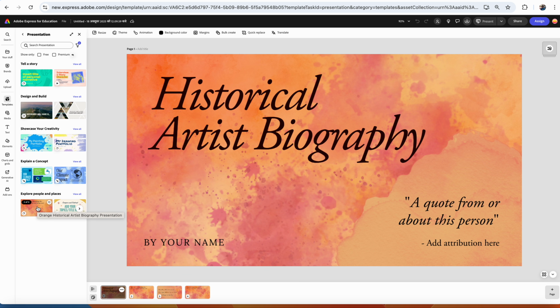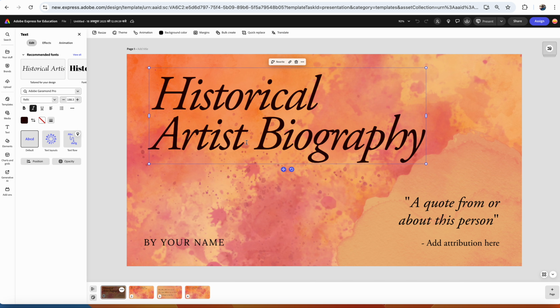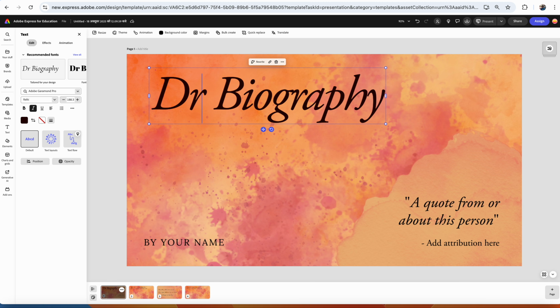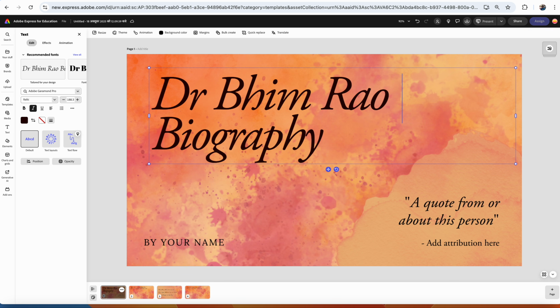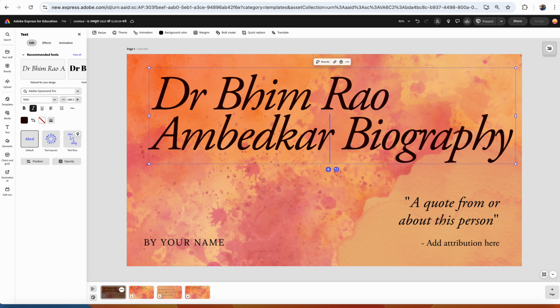So if you're a history or a social studies teacher, you can use this particular template. It says historical artist biography. You can write the name of the person. I'm just using Dr. Bhim Rao Ambedkar ji, and the students can write their own name here, give a quote about the person, and there are a few